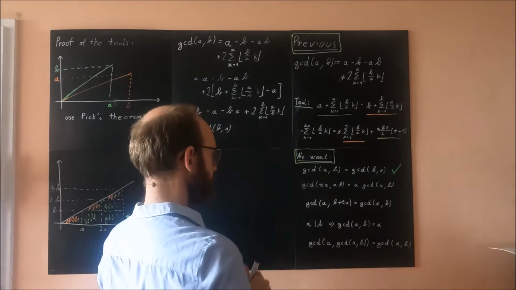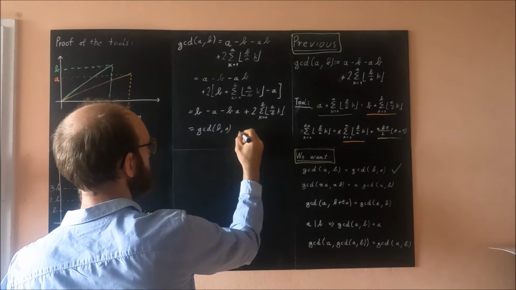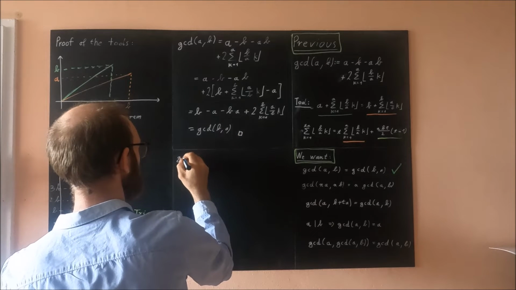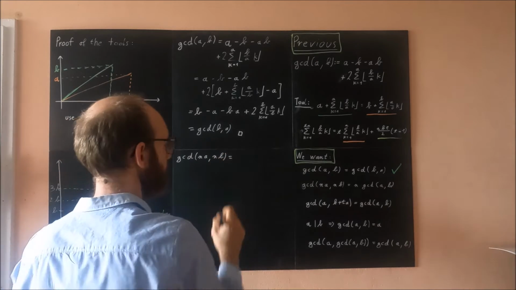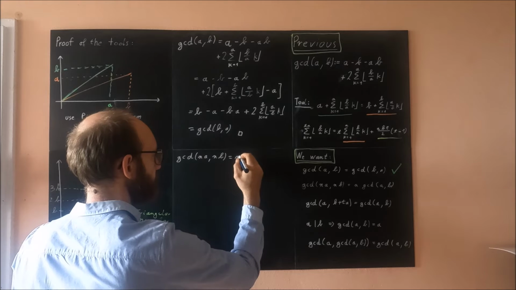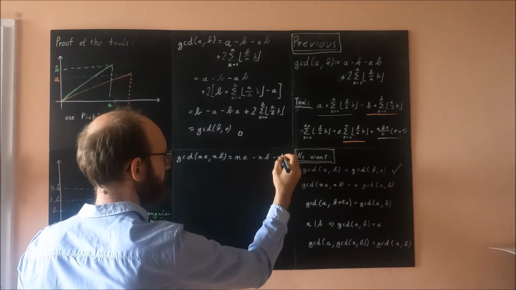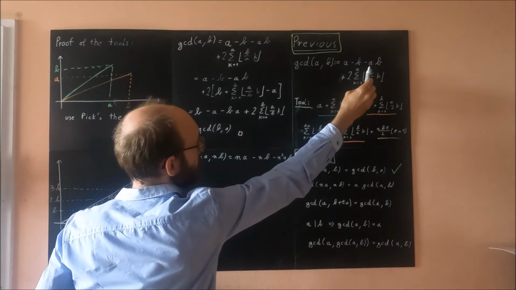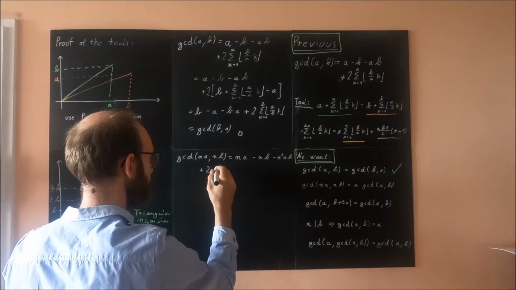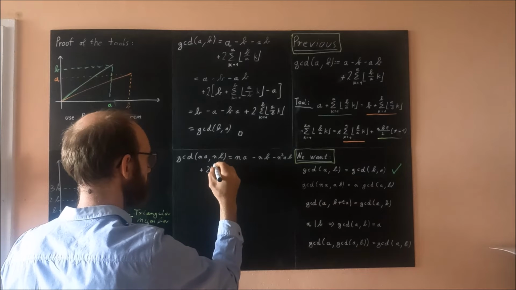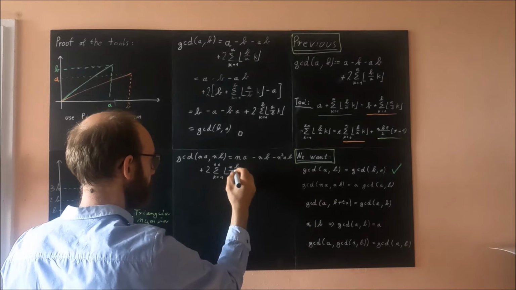The second one, again we start on the left hand side. So we have GCD of na and nb. This is by definition na minus nb minus n squared ab plus 2 times the sum where k runs from 1 to na of the floor of nb over na